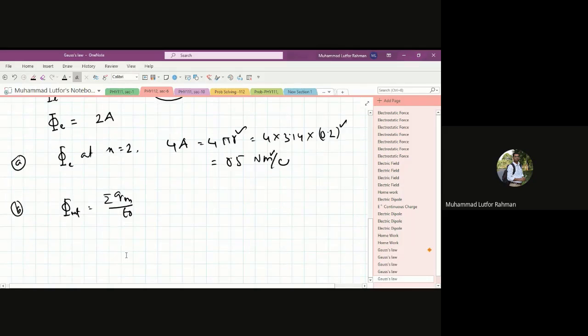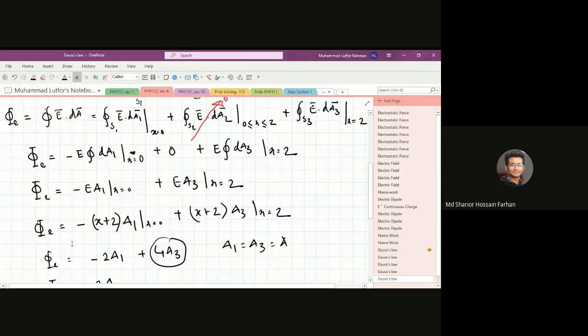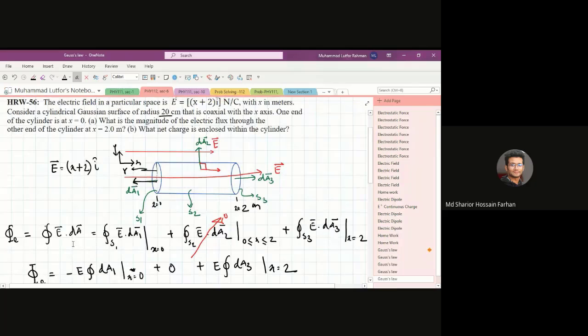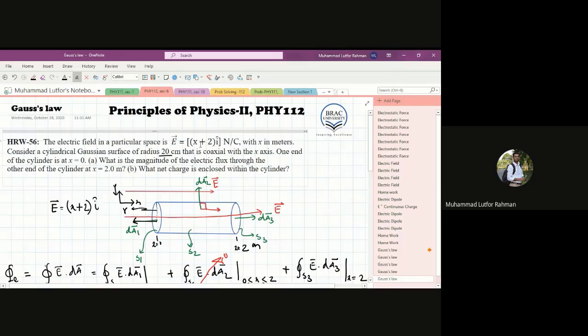Gauss's law থেকে আমরা এটা লিখলাম। একটু ইন্টারাপ্ট করি স্যার, আপনি ইলেকট্রিক ফ্লাক্সের ডিরেকশনটা কেমনে দিলেন? এটা বলেই দিছে, E equal to x plus 2 into i head। আমি ধরে নিয়েছি এইদিকে আমার পজিটিভ x এক্সিস রাইটওয়ার্ড। ইলেকট্রিক ফিল্ডটা x এর দিকে বলে দিছে, এই জন্যই আমি ওইদিকে ড্র করছি।